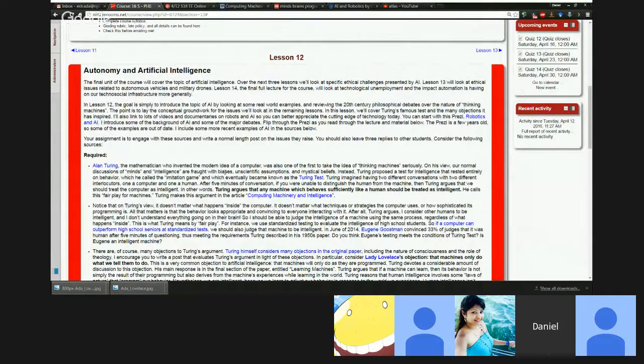The last unit of the course is on artificial intelligence. We're going to talk a little bit about what it means for a system to be artificially intelligent, and then some of the ethical implications of that. This is my own personal area of research. I wrote my dissertation on Turing and artificial intelligence. So I like this stuff a lot, and I'm going to enjoy talking about it with you for the next few weeks. So lesson 12 was supposed to be just a warm up to the discussion of artificial intelligence.